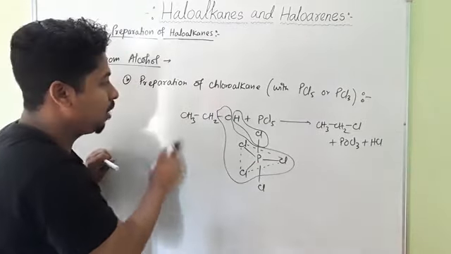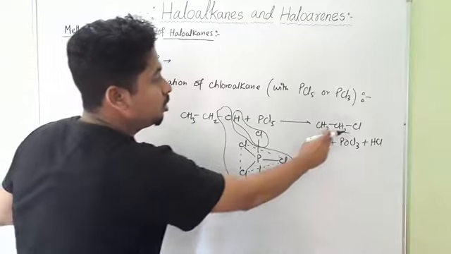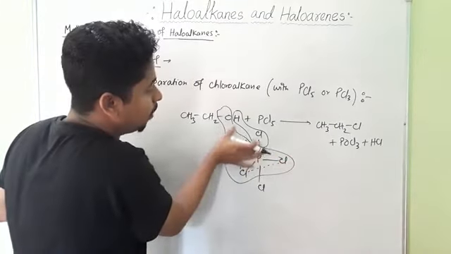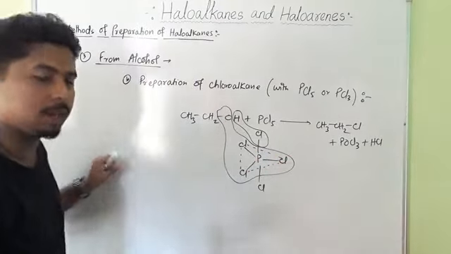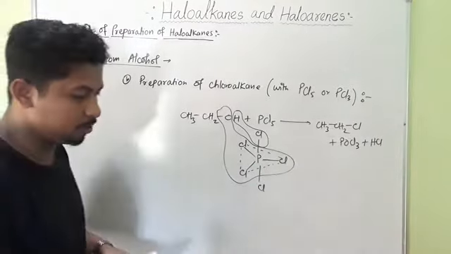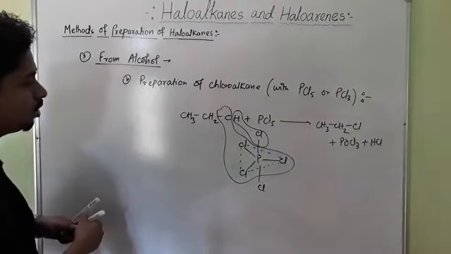So what are we left with? We are left with CH3CH2Cl. So CH3CH2Cl plus POCl3 plus HCl. This is the reaction. Now the next reaction is with